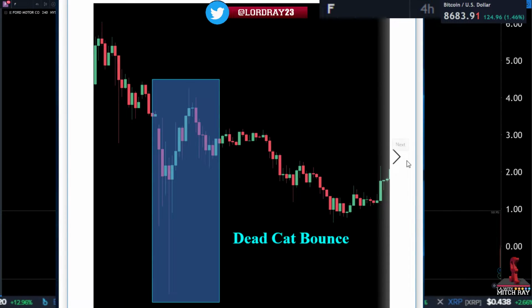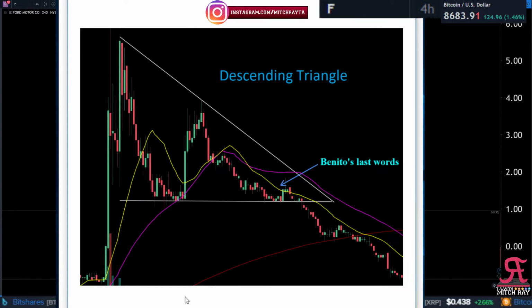So, descending triangle. It's the opposite of an ascending triangle. Still a very reliable, good pattern that tells you a lot about the psychology of the buyers and sellers. There is a buy wall propping the price up, normally an institution, and a lot of times they were in on the pump before it. So they're propping up the price so at higher prices they can continue offloading their shares or their S coins